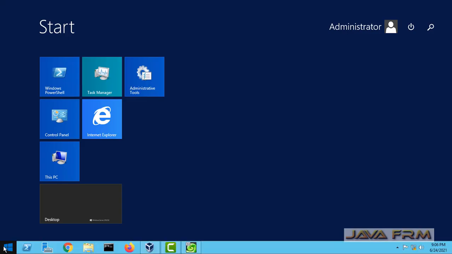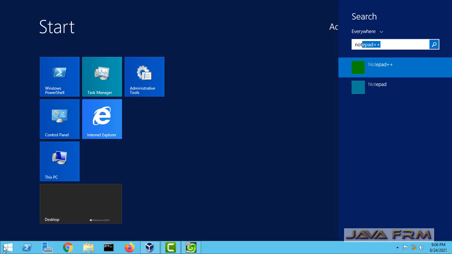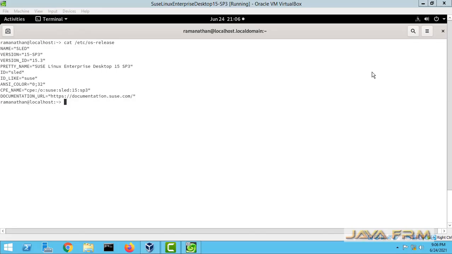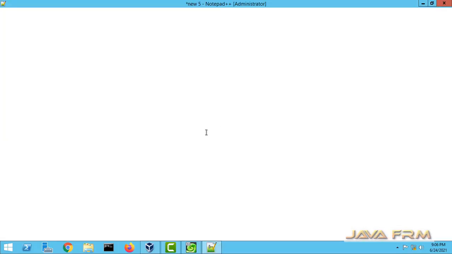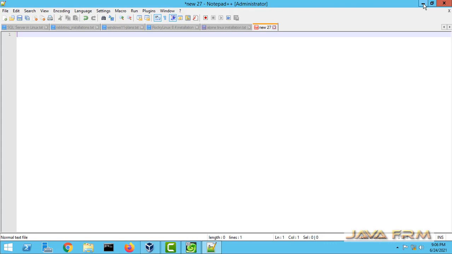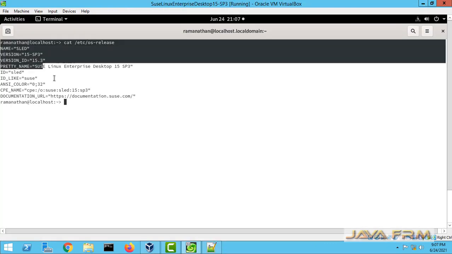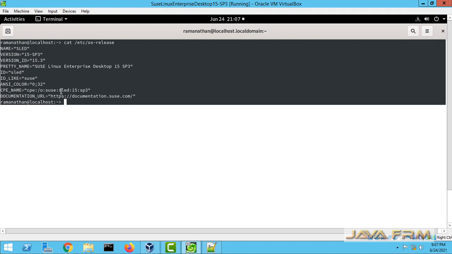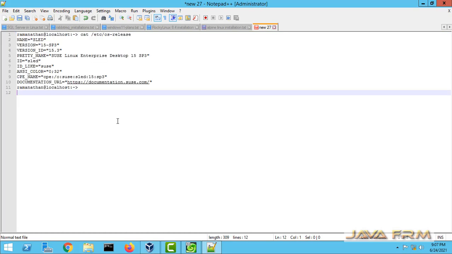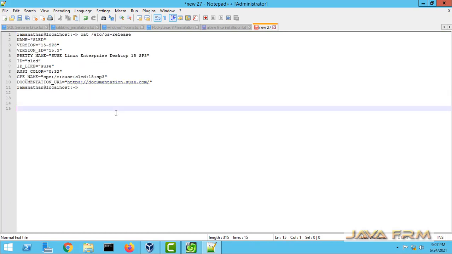Let me open Notepad++ in the Windows host machine. Yes, I am copying the terminal output. Yes, so I can paste from SUSE Linux Enterprise Desktop 15 to the Windows host machine.